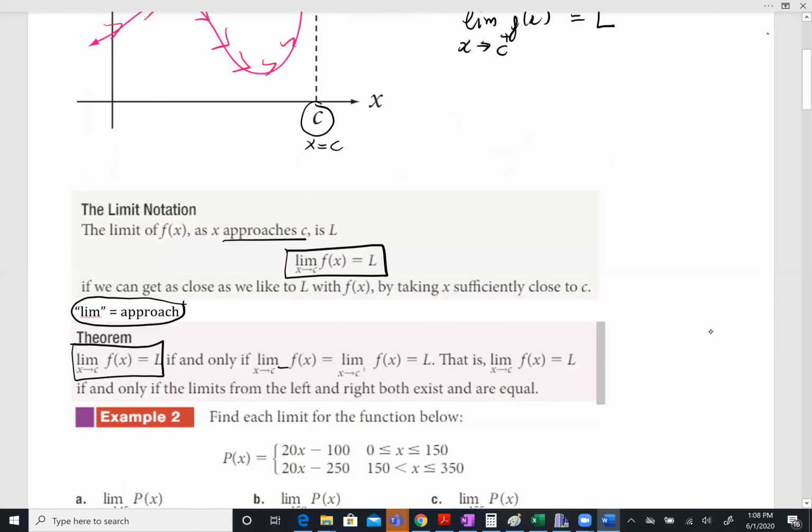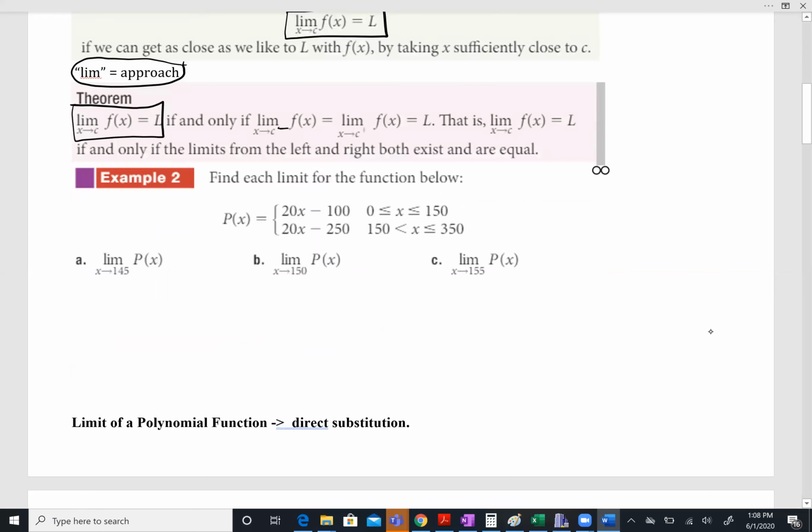All right. So come back to the theorem. If you see the limit of f(x) when x approaches c from the left hand side equal to the limit of f(x) when x approaches c from the right hand side and equal to L, okay, then you have the limit of f(x) when x approaches c equal to L. Okay, so remember that in order to get the limit of f(x) when x goes to c equal to L, you need to check both hand sides to see if they are equal to each other. Okay,